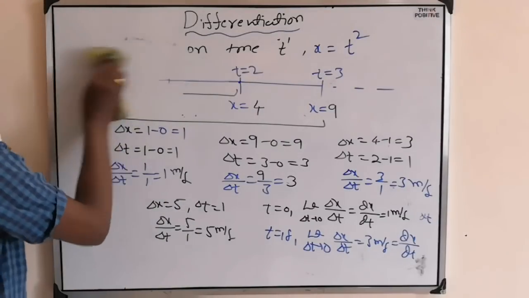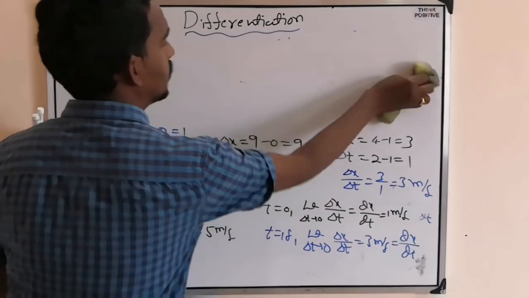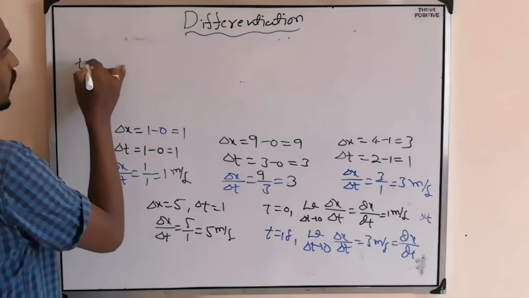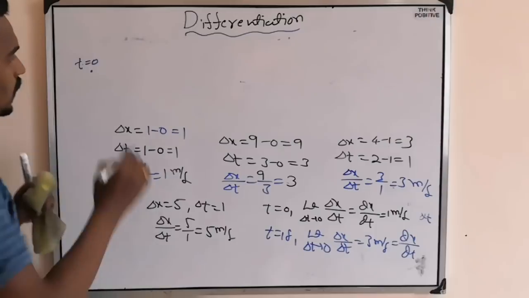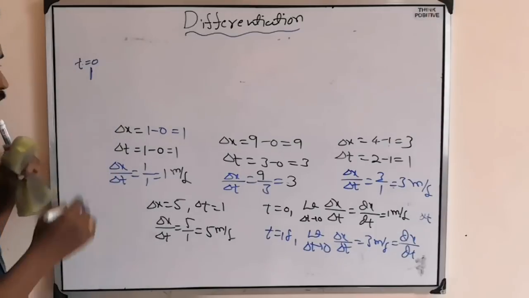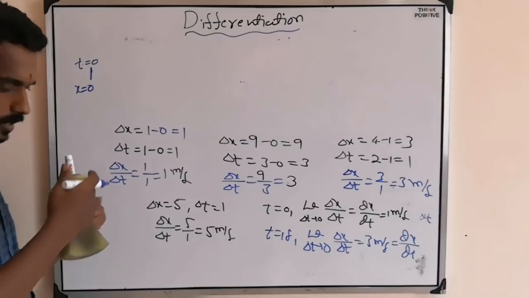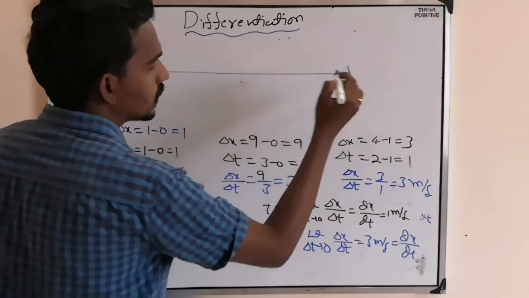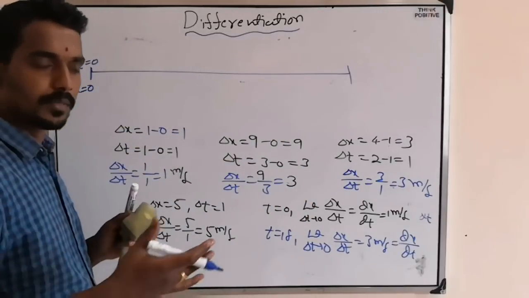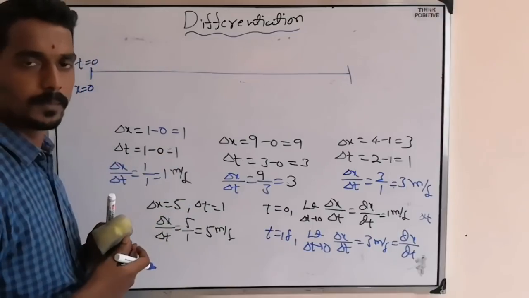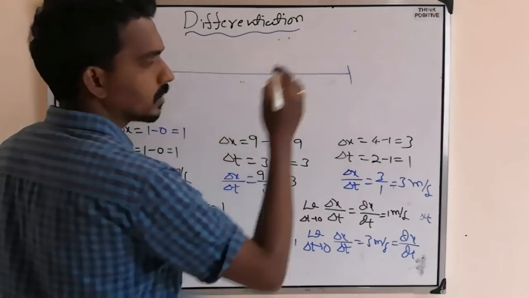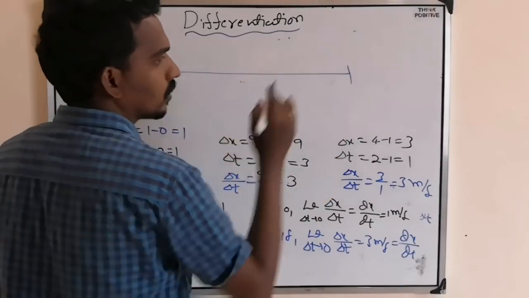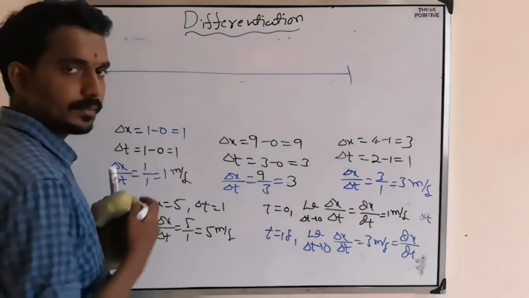Same, this one only. This way only. Now, a car started at this point, t equal to 0. Now, you started the car. So, initial displacement is 0. Journey started here. Then, finally the car reached here. Like you are traveling from your home to institution. So, this is your home, this is your institution. Here speed is 0. Here speed is also 0. Because you started, you ended.